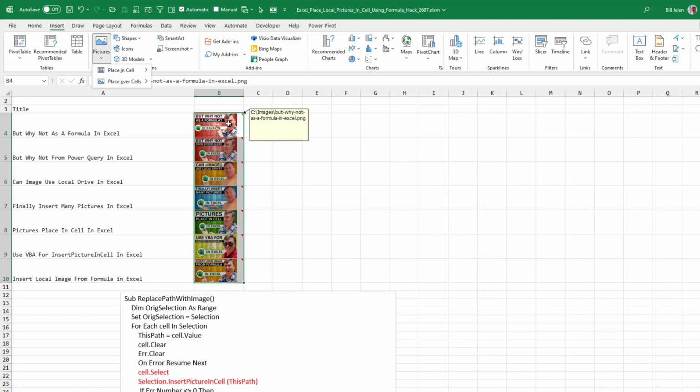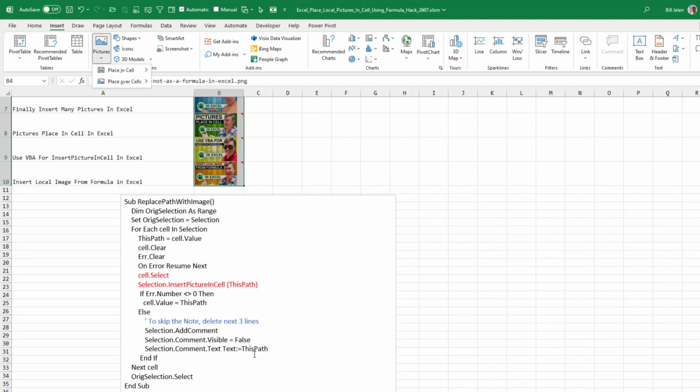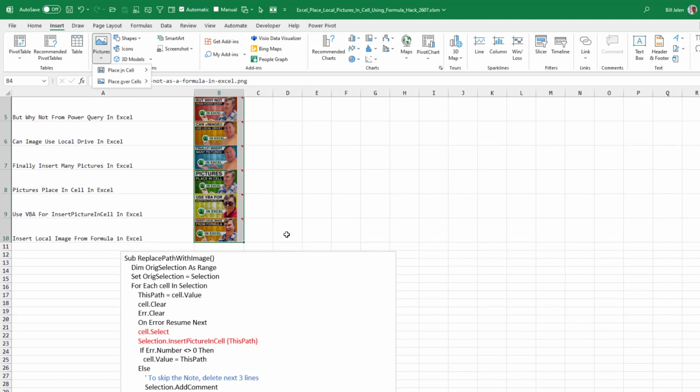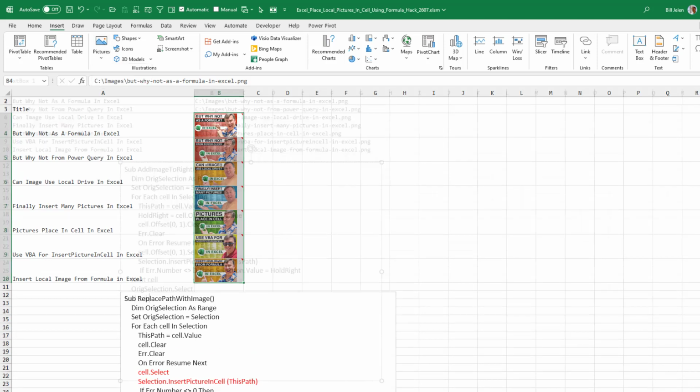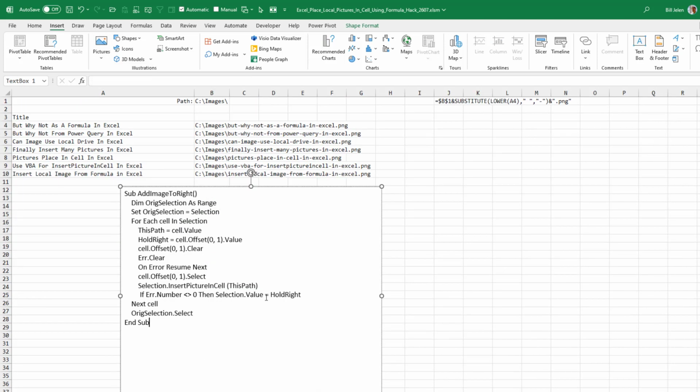Some of my friends said, oh, I don't want to give my path away. Like, I don't know why that would be top secret, but if it is, just remove those, or whatever you need to do to not have those notes. But for me, I think I want them. All right. And then the other thing that I thought is there might be a time, especially if it's a dashboard, where this data is changing all the time and I need those formulas to stay live, but I want to put the images to the right, let's say.